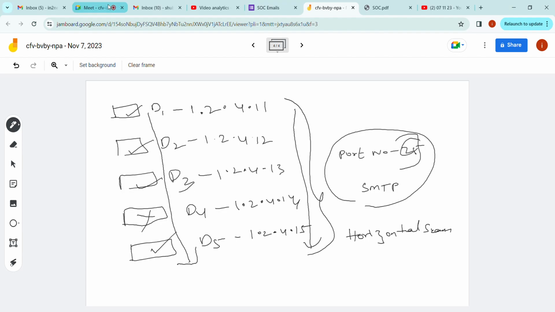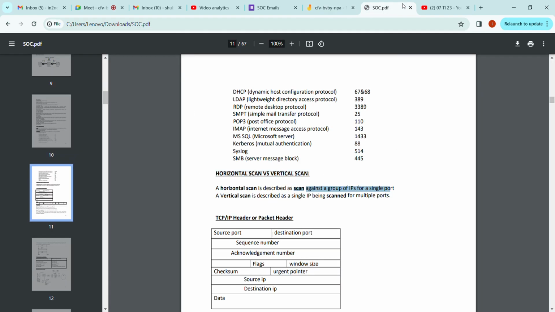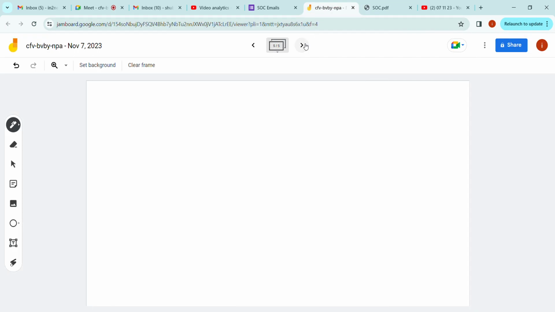A vertical scan is described as a single IP being scanned for multiple ports. So we might have a single machine which contains